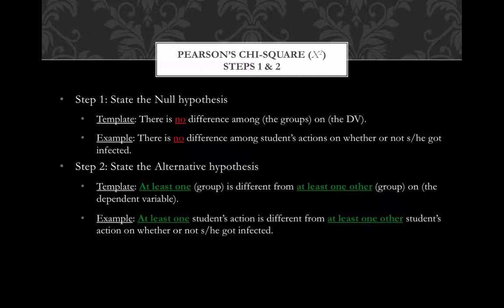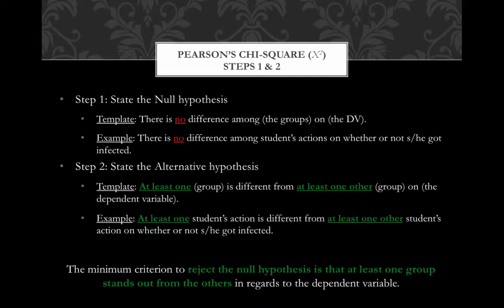In order for us to reject the null and accept the alternative, at least one group must differ from another group in regard to the dependent variable. If at least 2 groups differ, we will go ahead and say that we're going to reject the null. Not all 4 groups need to be significantly different from each other. There just needs to be one group that differs from at least one other. And we'll learn how we're going to write out the equations for the null and alternative hypothesis